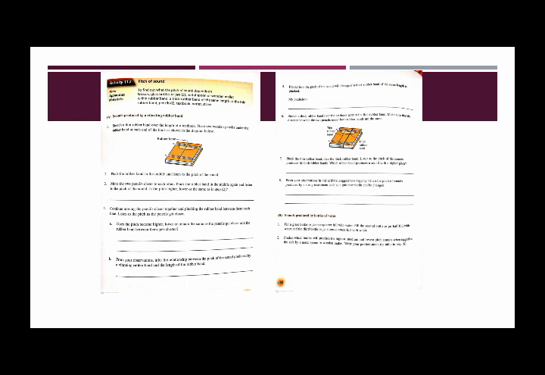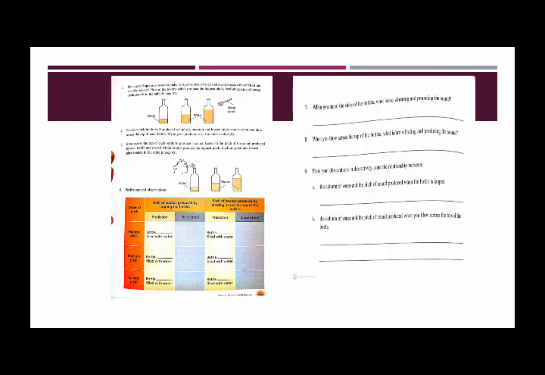Then in 2, predict which bottle will produce the highest, medium and lowest pitch sound when tapped at the side by a metal spoon or a wooden mallet. Write your prediction in the table in step 6, right? We have a table in step 6 given on page number 159, in which we have to write down the predictions and observations whatever we are going to do according to these 5 points.